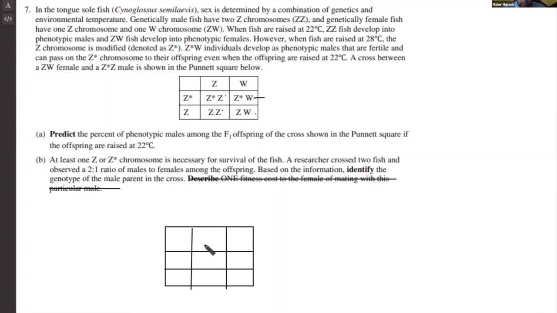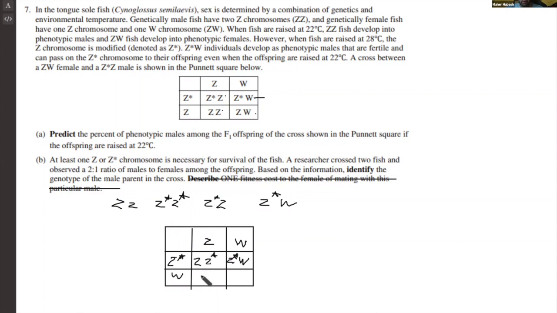So we know we have a female. So female had to have been ZW. And if it was a male parent, two options you can have, or three options. You can have ZZ, bunch of stars, just one star, or you can even have one star and a W and still be that. So you have Z star W, and if we had that Z star W, that would create phenotypically males right here,